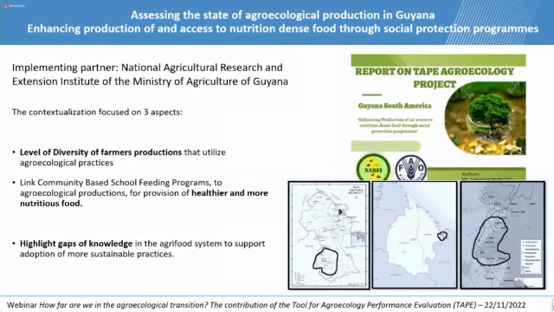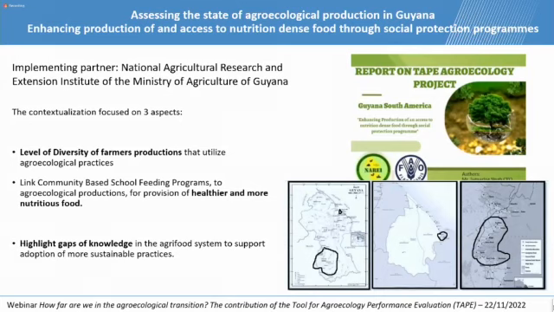This is another use of the tool. The multifunctionality of the tool allows not only establishing the reach, but also linking established policies to agroecological production. In this case, our implementing partner was the National Agricultural Research and Extension Institute of the Ministry of Agriculture in Guyana, and the context focused on three aspects: the level of diversity of farmers and the practices they're using,